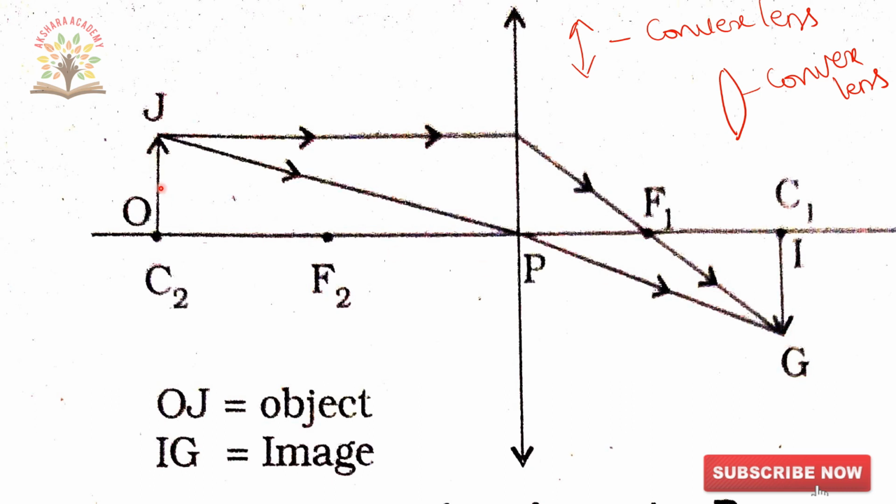So the object is placed at C2, and the image is formed at C1. So same size. It is a real image, inverted image, and the same size as the object. Okay. Now next,